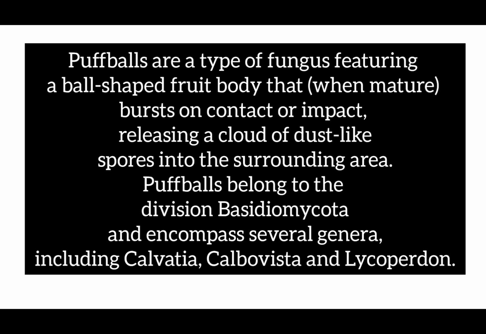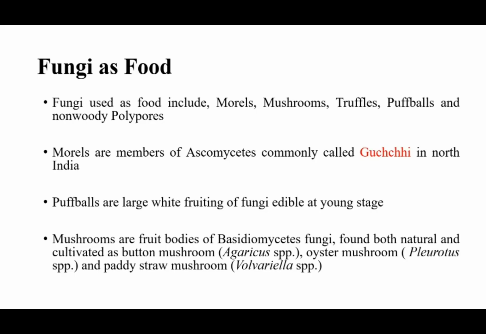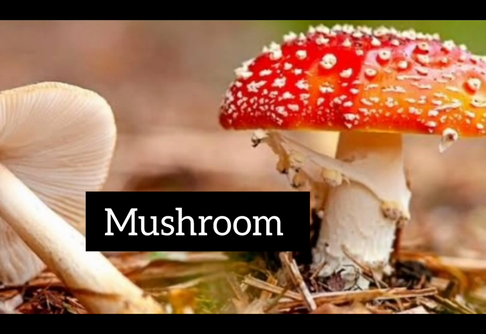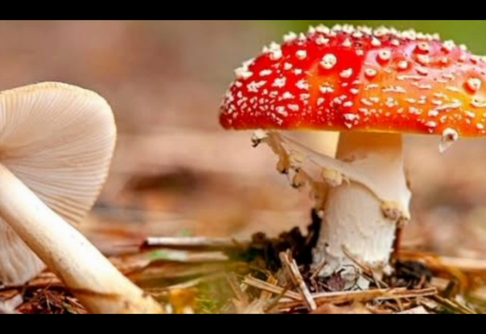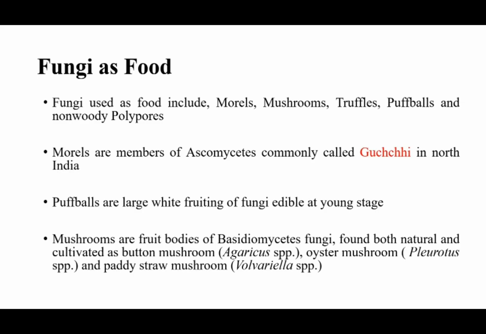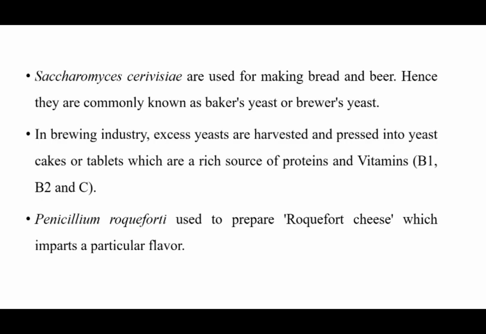Then mushrooms are fruiting bodies of Basidiomycetes fungi. Basidiomycetes is another class of fungi, and mushrooms are found both in natural and cultivated state, such as button mushroom, which is Agaricus species, oyster mushroom, which is Pleurotus species, then paddy straw mushroom, which is Volvariella species, then